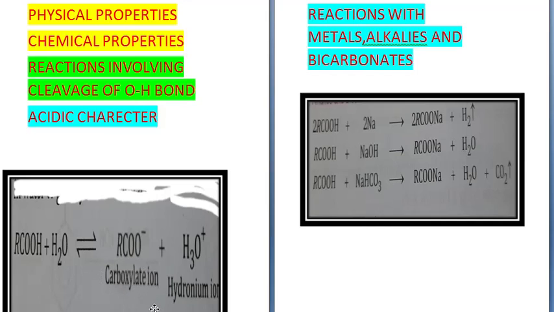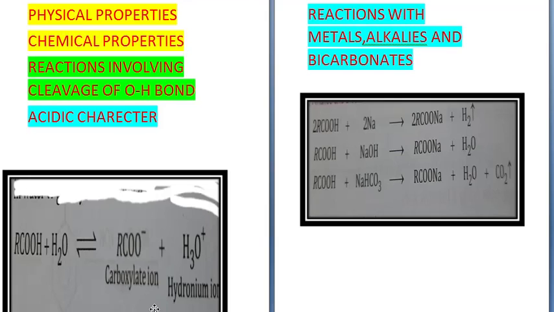Now the carboxylate ions are stable due to resonance. Strong acids have pKa values less than 1. Acids with pKa value between 1 and 5 are considered to be moderately strong acids. Weak acids have pKa value between 5 and 15, and extremely weak acids have pKa values greater than 15. Carboxylic acids are weaker acids than mineral acids but stronger than alcohols and phenols.